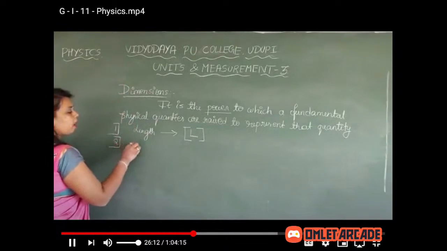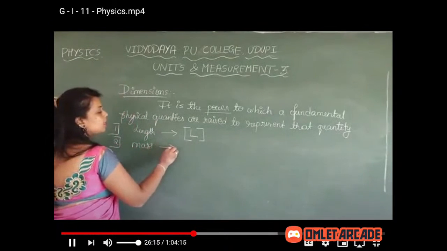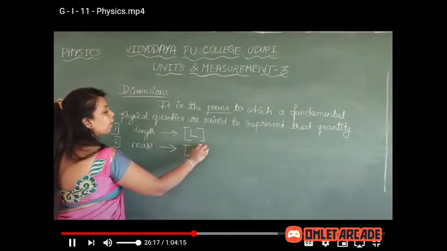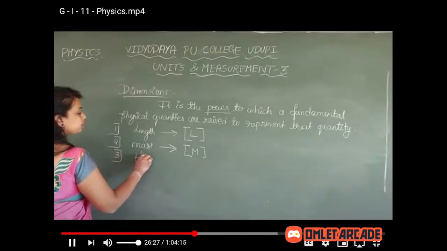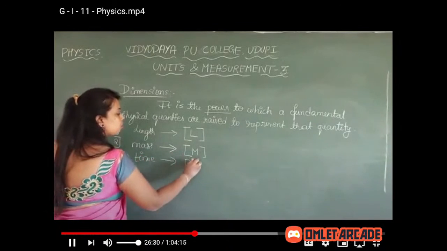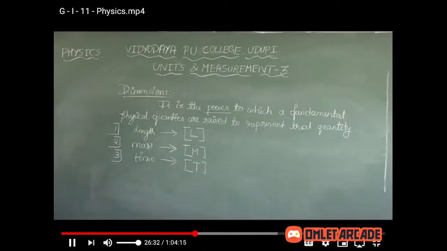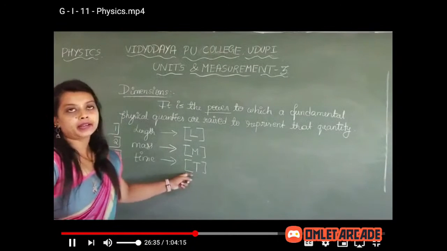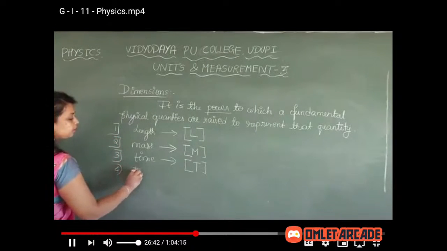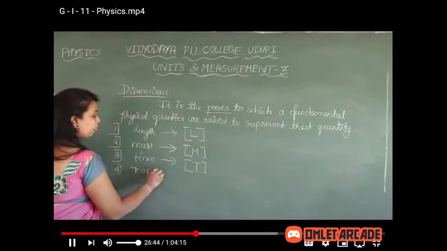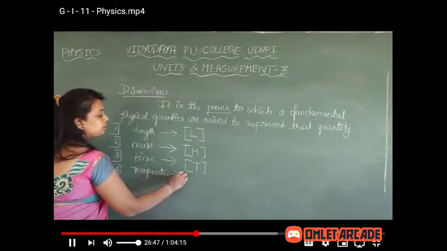Then second one is mass. Mass is represented with capital M, and that is also written inside the square bracket. Next, third one is time. That is capital letter T, inside the square bracket. Then length, mass, time. Fourth one is temperature. That is